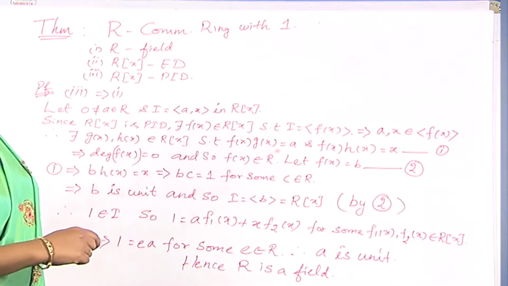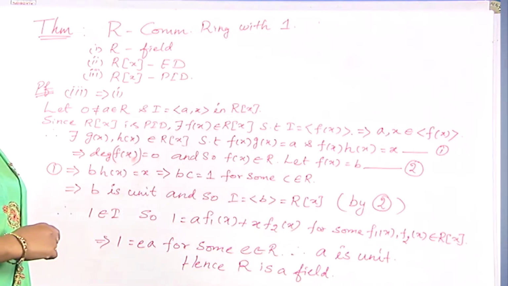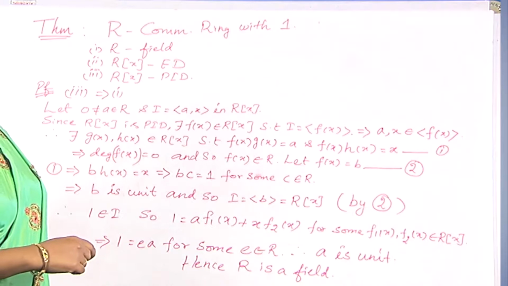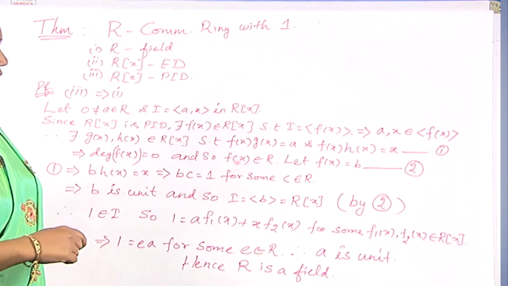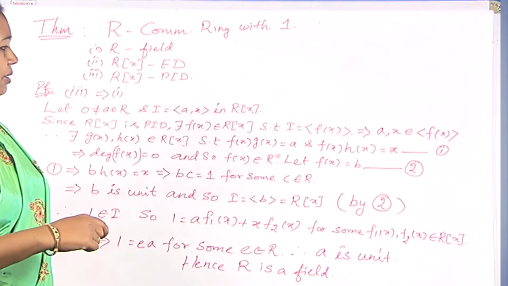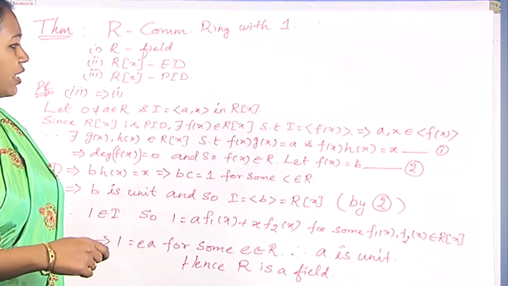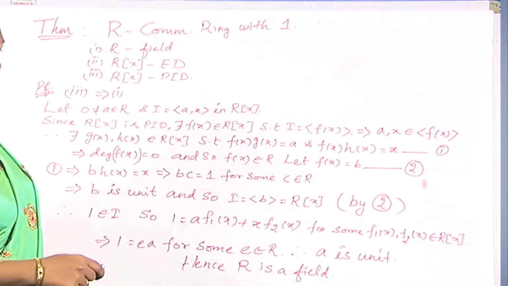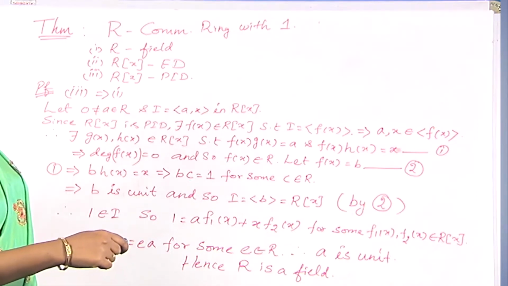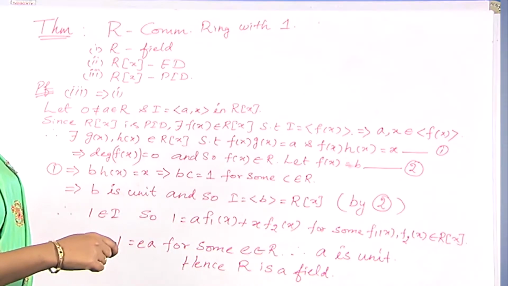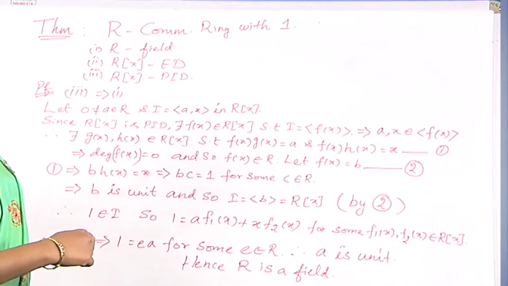Since f(x) times g(x) is equal to a, it is a scalar value, and therefore, from this we can say that the degree of f(x) is equal to 0, and so f(x) will belong to R. But we started from f(x) belongs to R[x], and we have ended here with f(x) belongs to R. Now, since it belongs to R, it has to be some scalar value, and let that scalar value be b. So, f(x) is equal to b, and take that as equation number 2. So, from 1 we showed that f(x) times h(x) is equal to x, and therefore, instead of f(x) I am substituting from equation 2 f(x) is equal to b, and I get b times h(x) is equal to x.